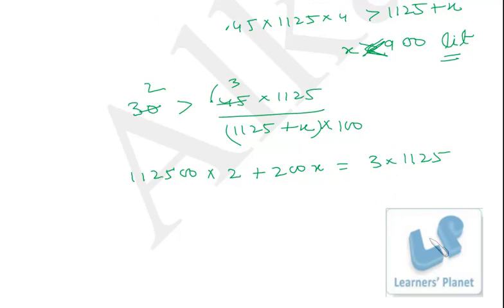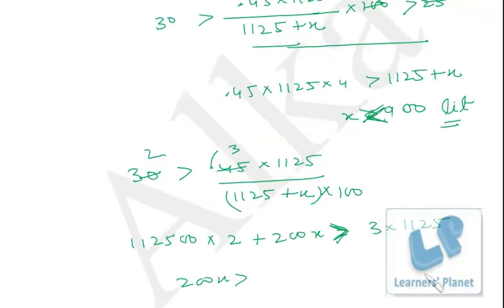So if we solve, we'll get, I'm sorry, this is greater than, so this is greater than this. Okay, so 200x is greater than,